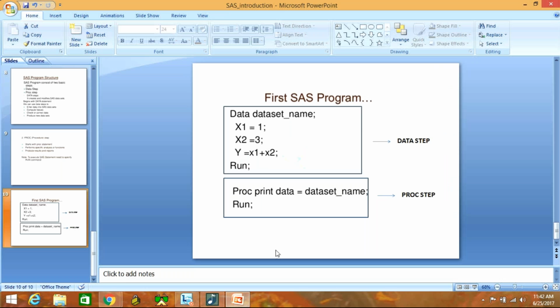I'll again repeat that in our next session. This is just to give you an idea of how the data step and proc step look.